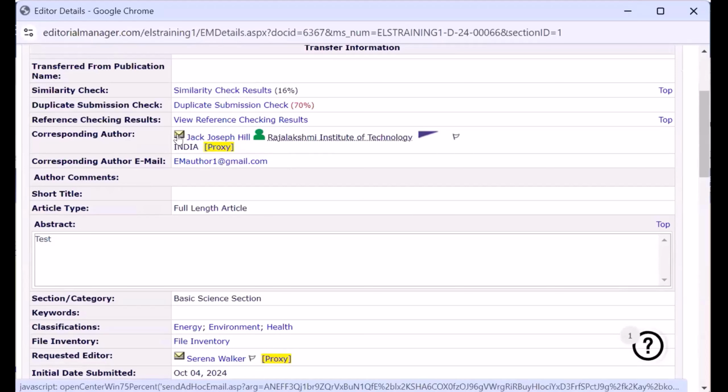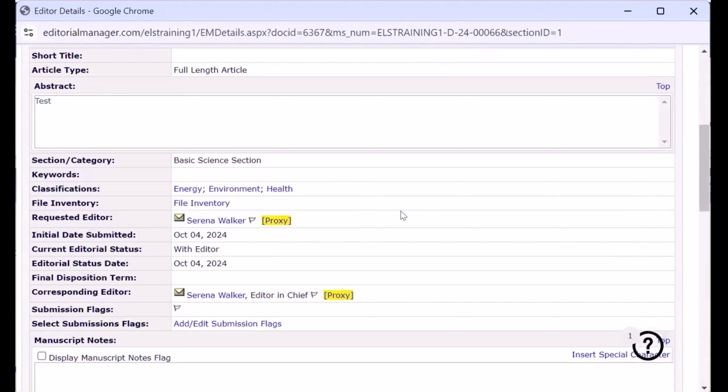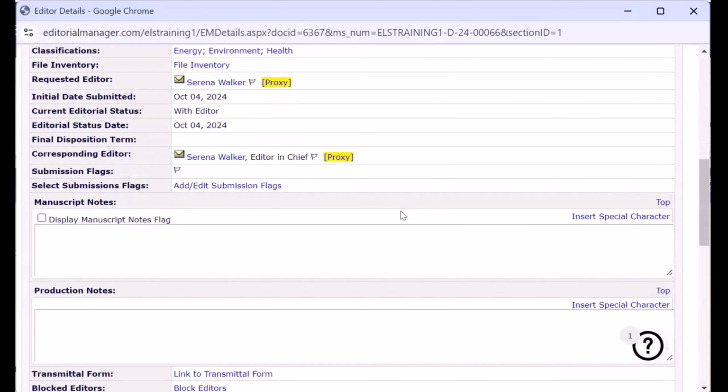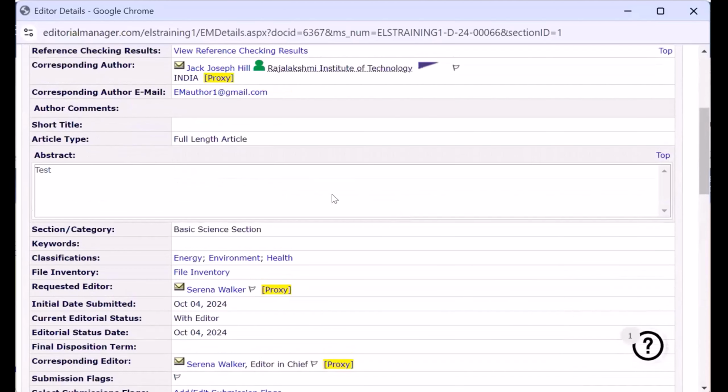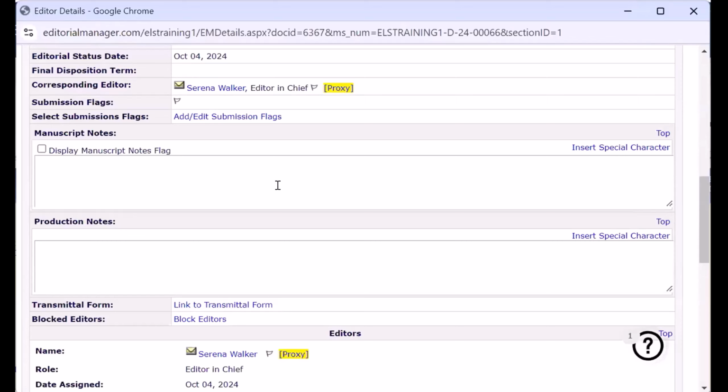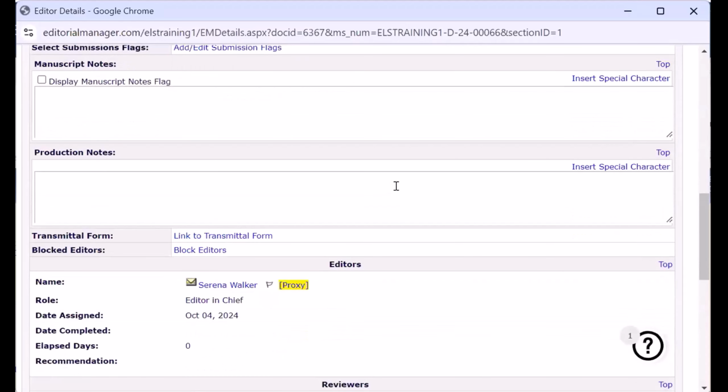If you want to contact the author, you can directly click the email icon. And other details like abstract, keywords, the classifications which are selected by the author, everything is being displayed. And just in case if there is any manuscript notes provided by the author, it will be displayed here. And you can also add any notes which you prefer in the manuscript notes section. And